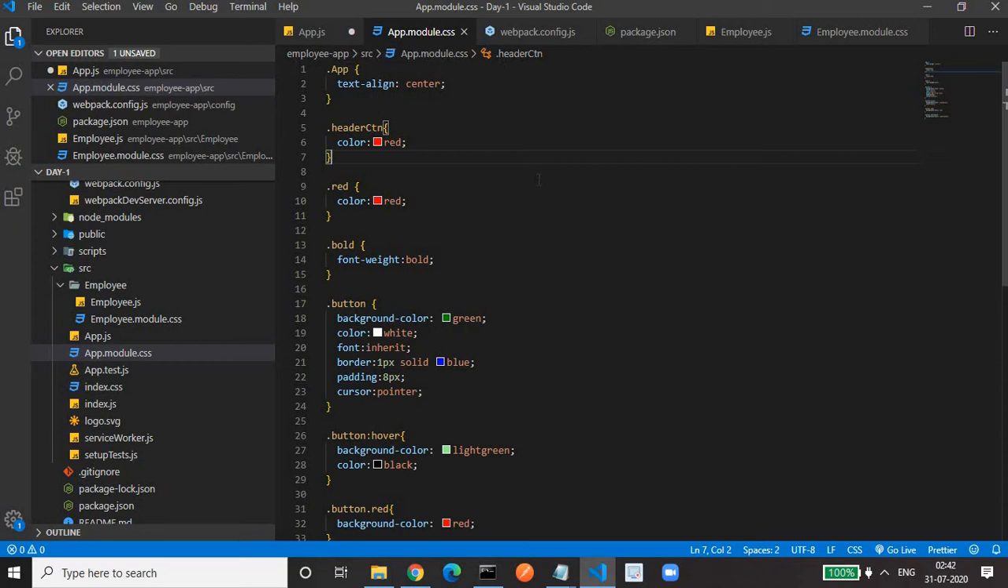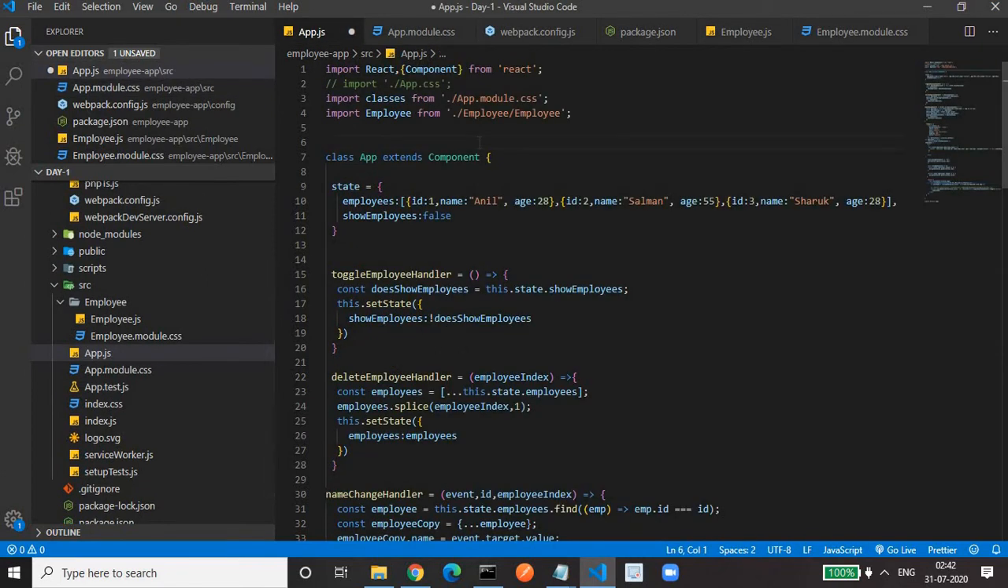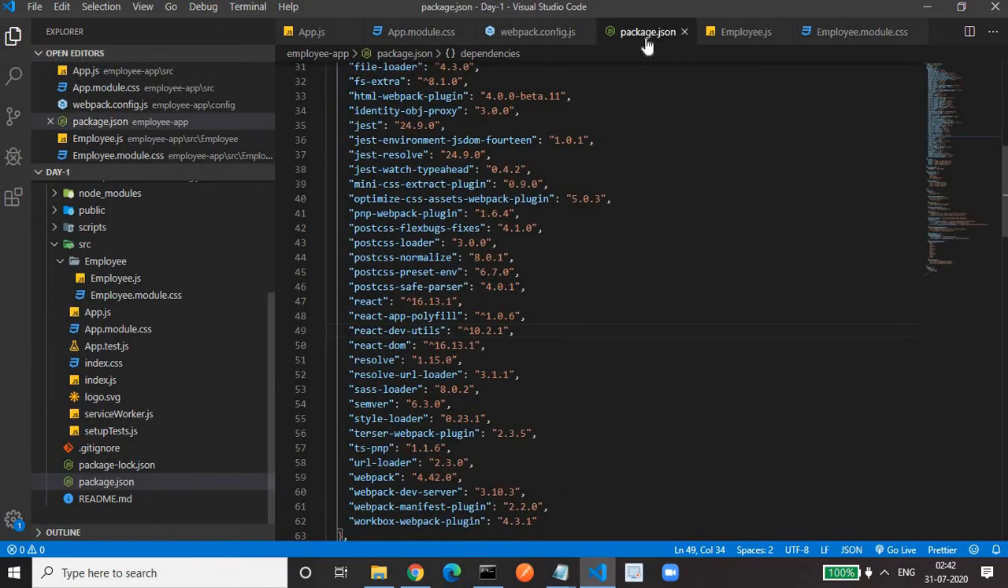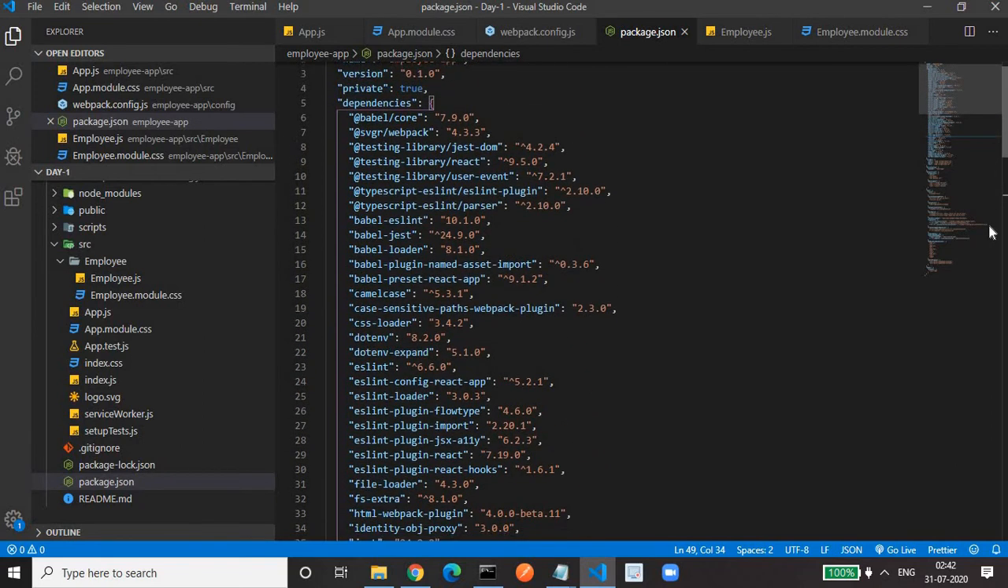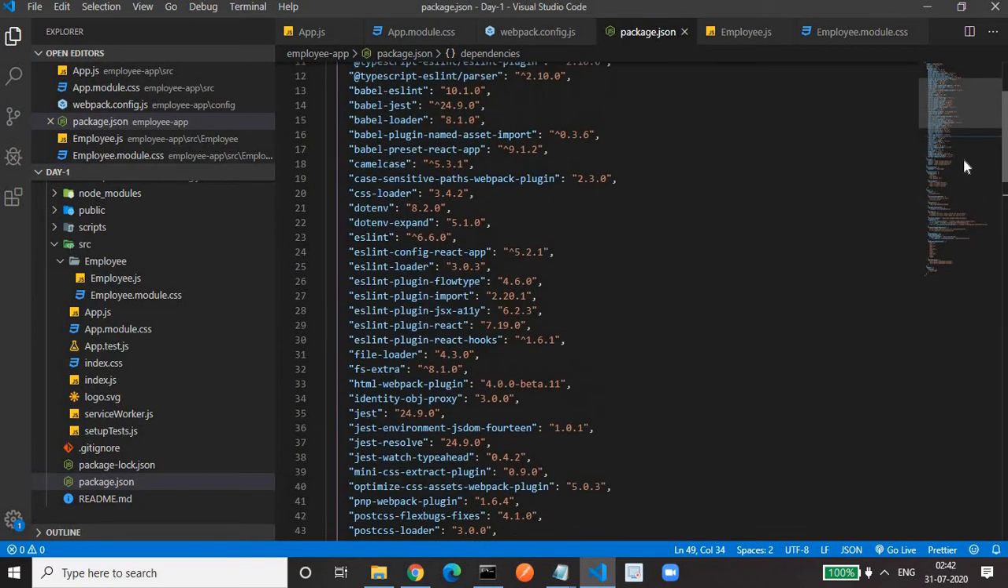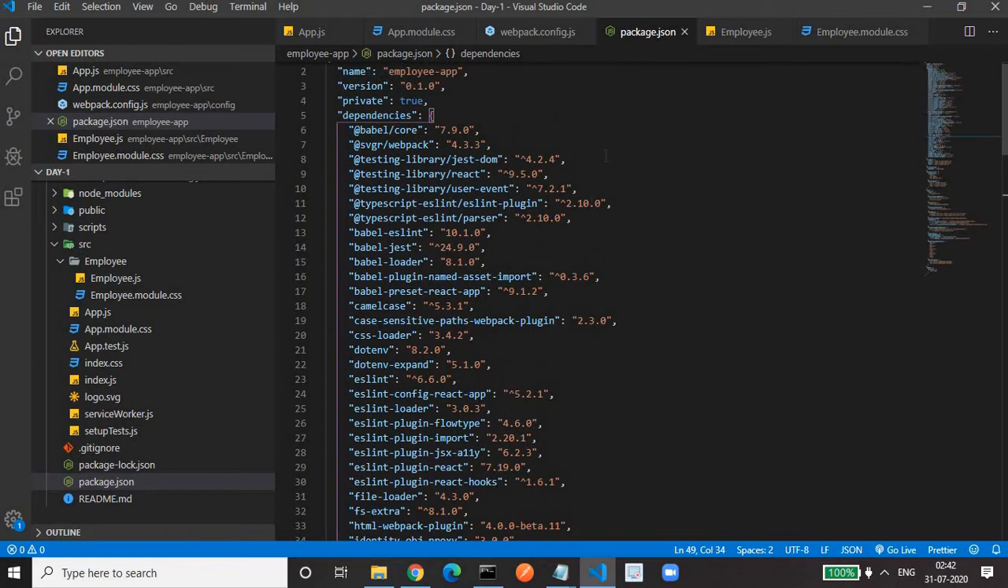To prevent that, we have to use the CSS module concept, one of the important concepts. To use the CSS module concept, we have to do a couple of installations. Before installing, we have to go to the package.json file. My package.json file has changed, so you will see a lot of dependencies have been added. Earlier, if you created a project and opened that, you would find the package.json file having